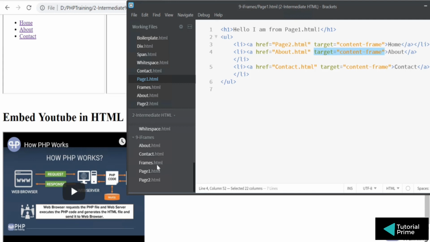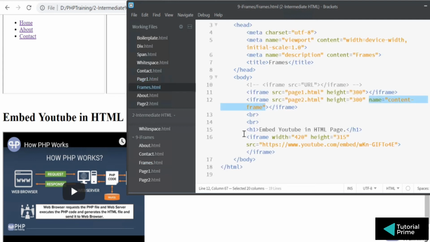So iframe is very simple to understand, like an image, or like embedding some resource onto the page. I highly recommend you try this example of embedding a YouTube video onto your page, because this will be the most common scenario where you want to embed something onto your web page. So you at least know, if you have a YouTube video, how to embed that onto an HTML page. And remember, you have to have this URL. If you just copy paste the URL, it will not work. You have to have this embed slash shortcode notation of your URL.